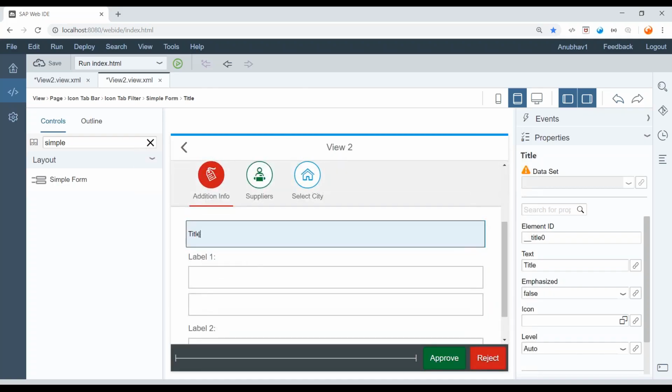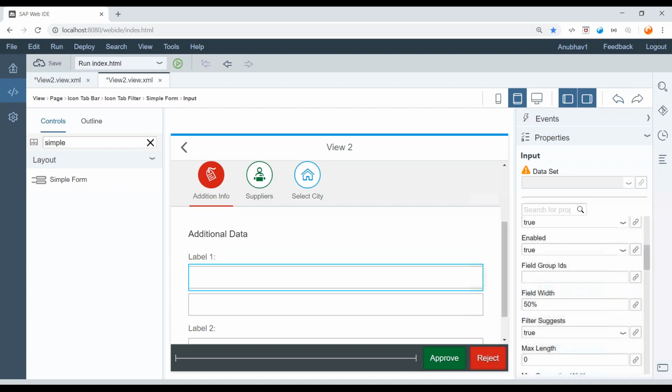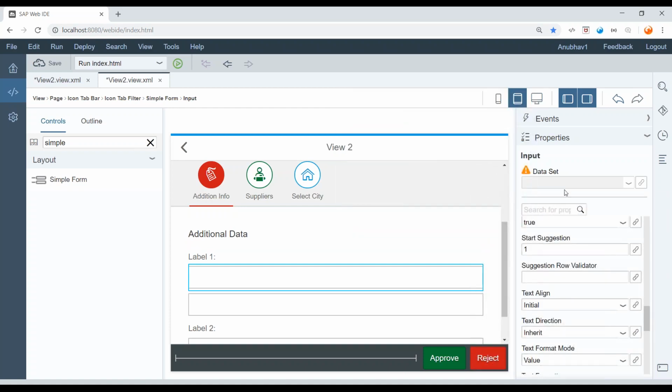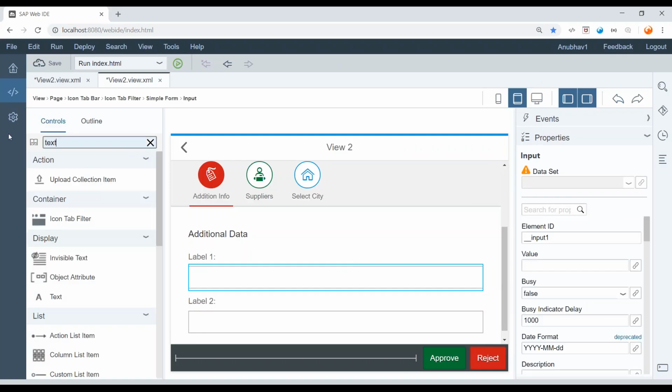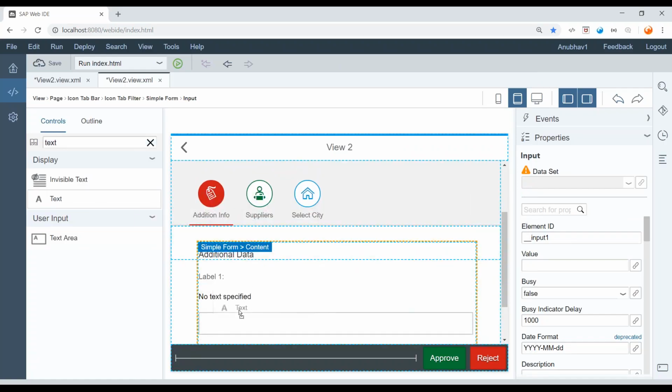And now I see we got this. I'm just going to change this. I can say additional data as the title for the form, and this label control, I want to change this one to a text field, not an input field. So we can change the control type actually. So we've got to delete this and just bring a text control, and drag and drop it here just next to the label,